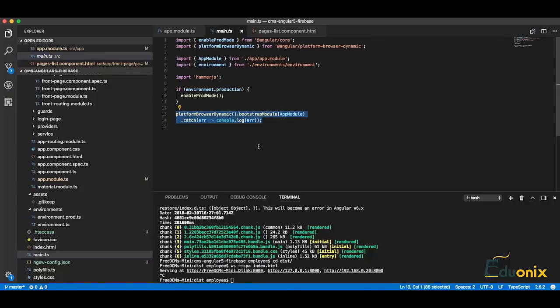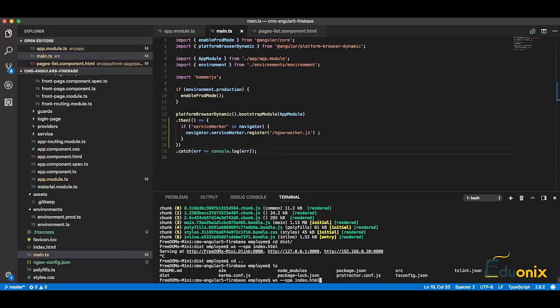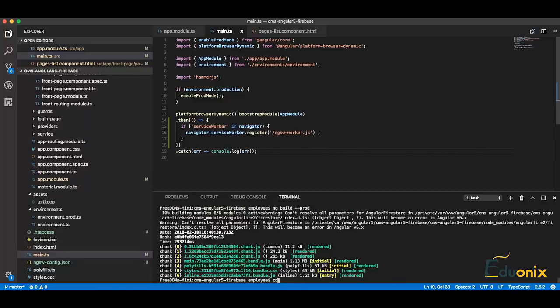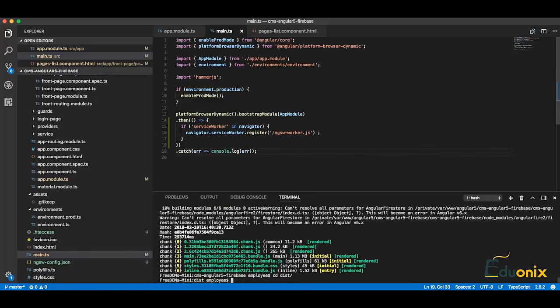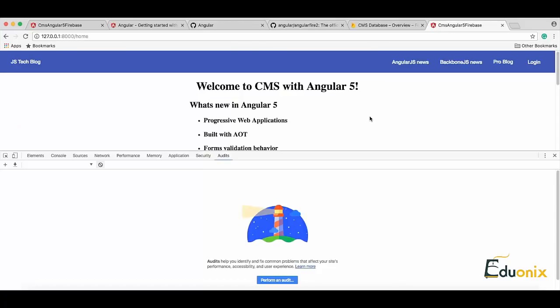So I just copy-pasted it here, and we need to have: if serviceWorker in navigator, we call register worker. So let's save this part also and go to the terminal and build it one more time. Build it, go to dist and do the same ws spa index.html. Go to our page,